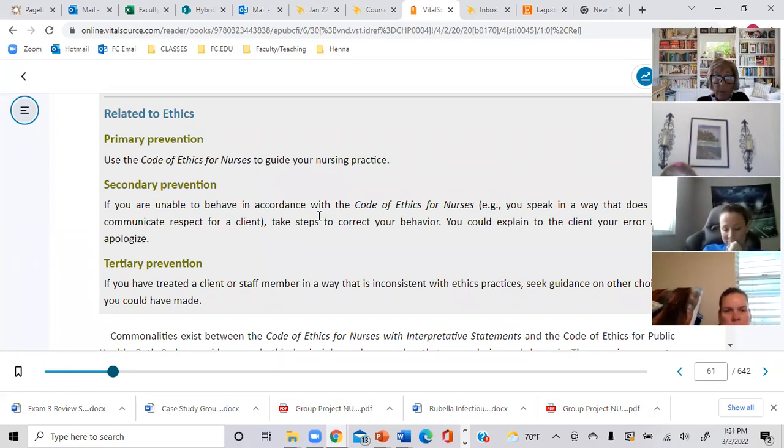Okay, tertiary. If you have treated a client or staff member in a way that is inconsistent with ethical practices, seek guidance on other choices you could have made. So this to me sounds like a person that is not understanding or working within the code of ethics. Okay, so now the issues have already happened. Now we have to get some help for this particular staff member for how they can,